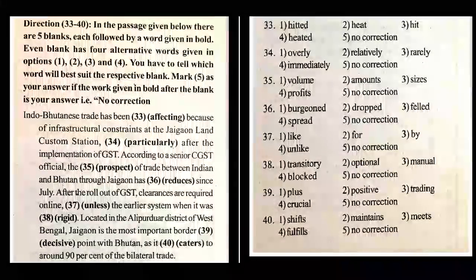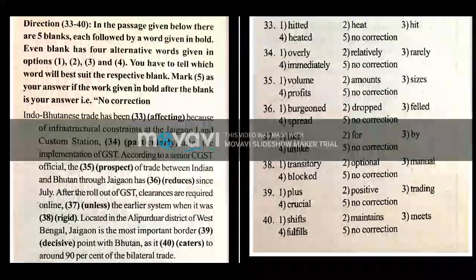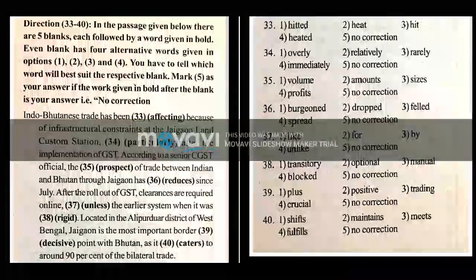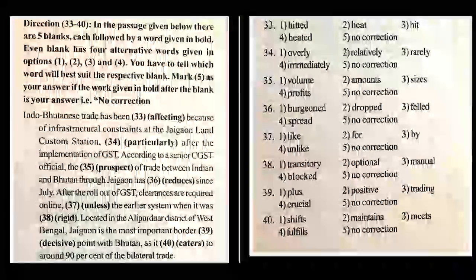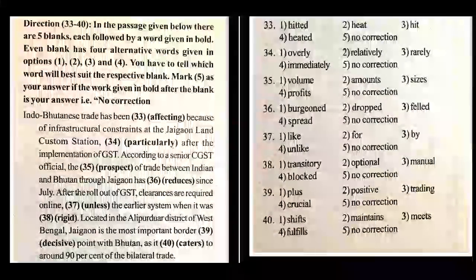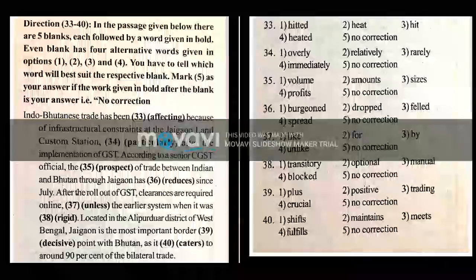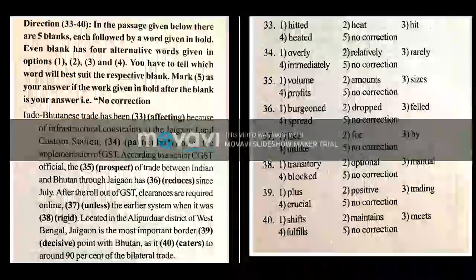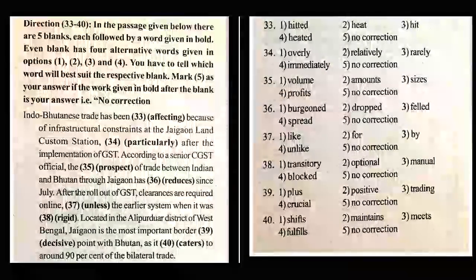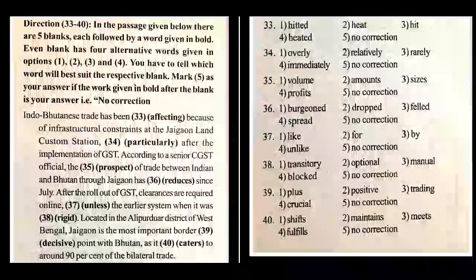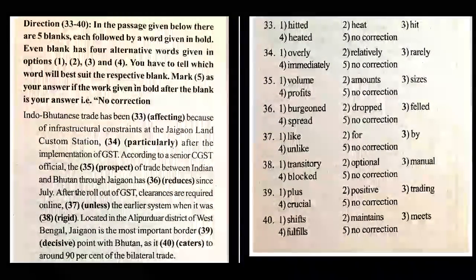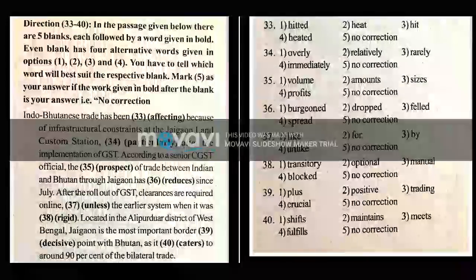Let me tell you the meaning of the word decisive. Decisive means it is very, very important or vital. We do not need a word like this, though it carries a positive meaning. And then we have plus in option number 1, which is contextually inappropriate. And in option number 2, we have positive, which is again contextually inappropriate. And 4, crucial. We do not need a word like this because the place Jaigan is an important border trading point with Bhutan. Then, as it